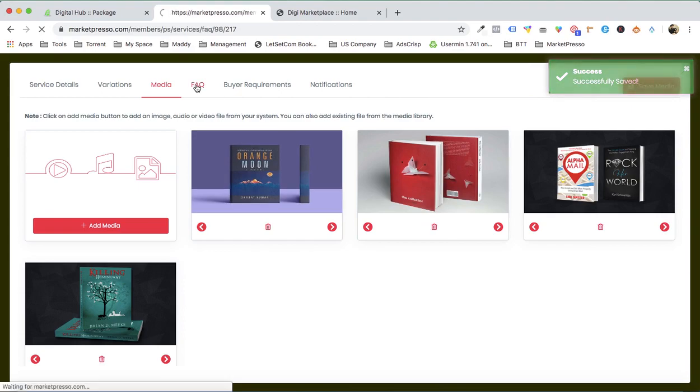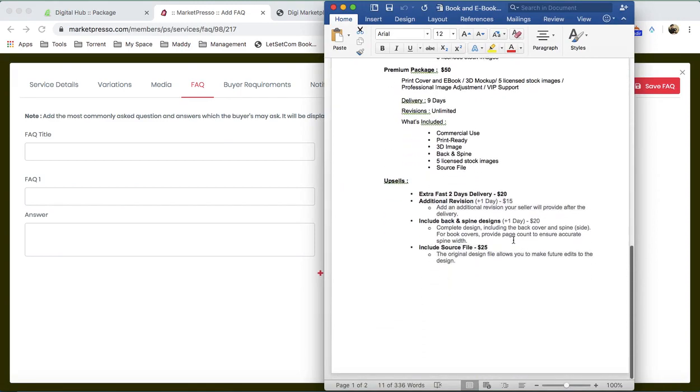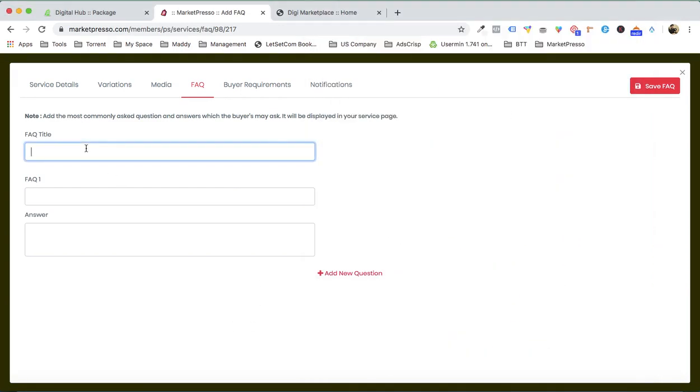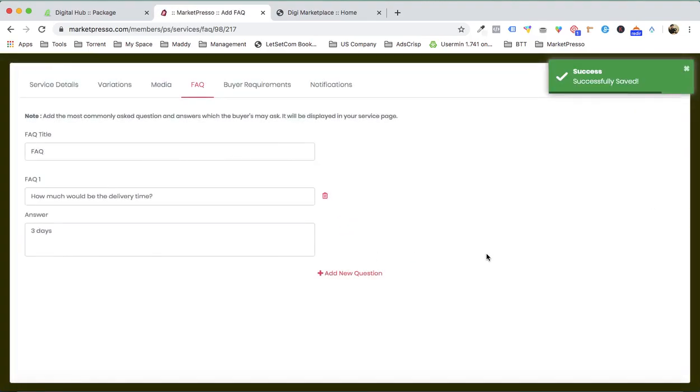Right now, do we want to add FAQ? We can, right? So let's suppose, okay, we have nothing over here, so let's suppose just a question, okay, how much would be the delivery time? Let's suppose something like that, okay, and let's suppose 3 days. I mean, just for the demo purpose. All right, we can add more questions over here. All right, okay, so let me